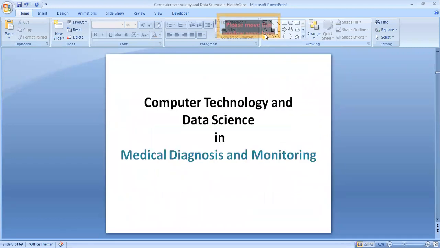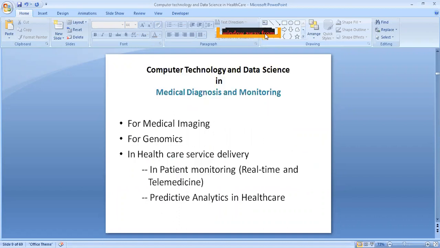Now, when we have a closer look at the applications in healthcare, majorly there are diagnosis, therapy, and rehabilitation. I've told you earlier. Now we'll see them one by one. The first segment is medical diagnosis and monitoring. Of course, in medical diagnosis and monitoring, there are so many subdivisions and specializations, but because of the time constraint, I have focused on only a few of the major studies here.